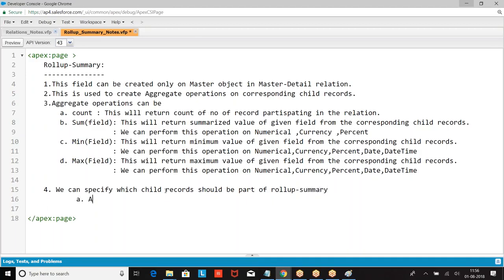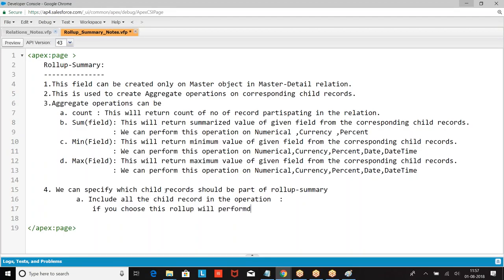First option is include all the child records. If you choose this, the roll-up aggregate will be performed.